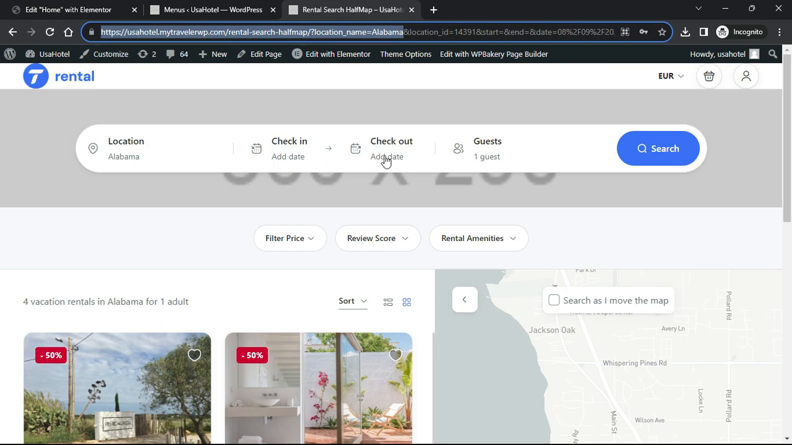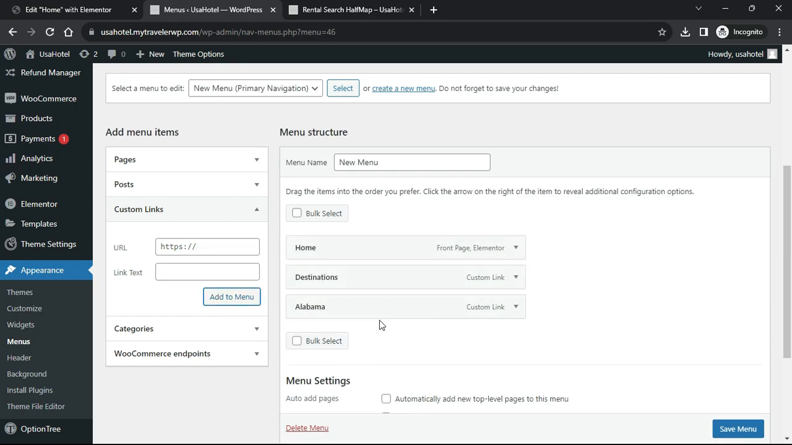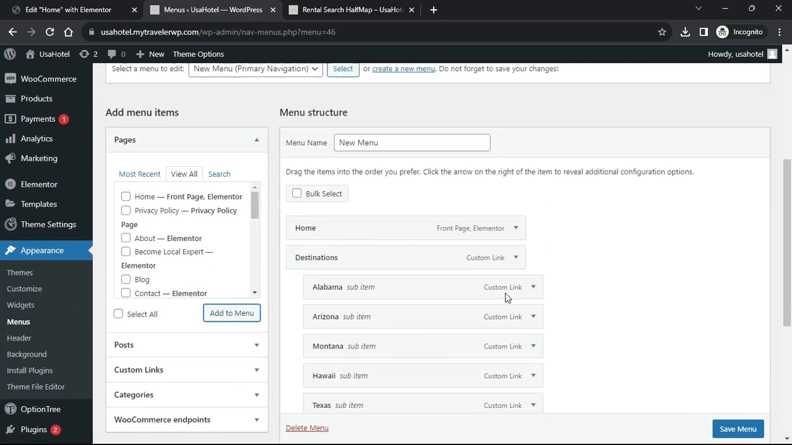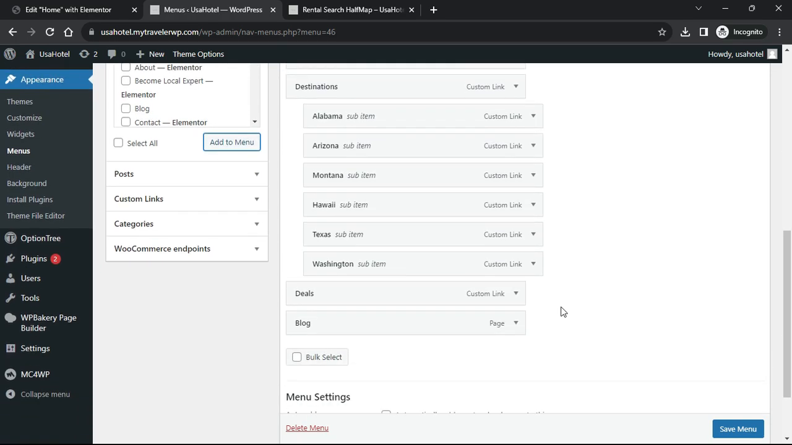Copy the URL from the search results page and enter the link text. Click Add to Menu. Then you can repeat the process for any other pages you want in your menu, such as deals, blogs, or